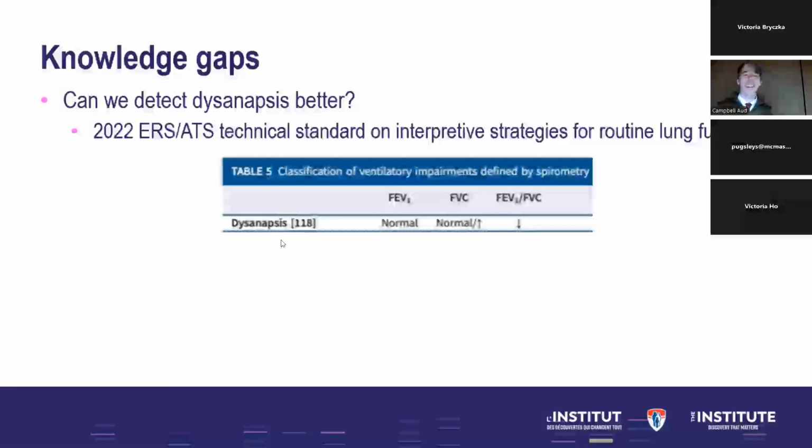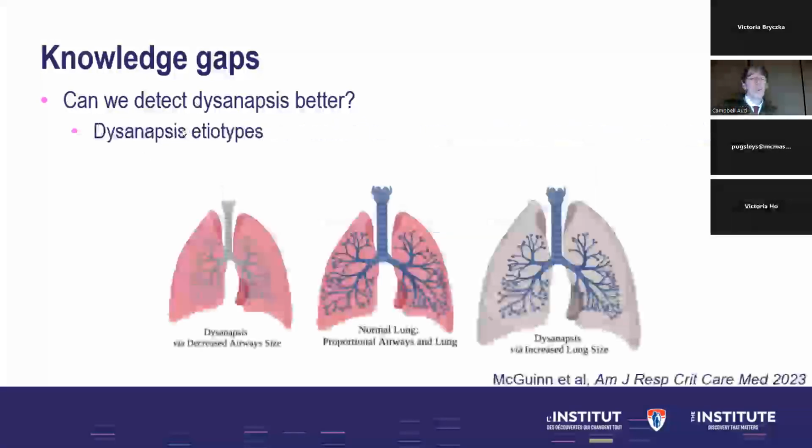But I guess if I didn't know that it was on a Royal College exam, this might be something to retain. I'm not an examiner, but I would prefer that the proposed definitions be based on rigorous data, observational, or even risk-based. So there is a notion of dysanapsis endotypes.